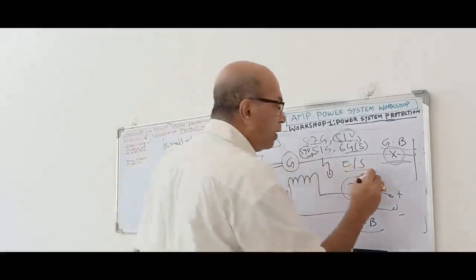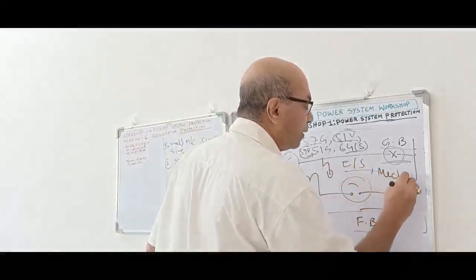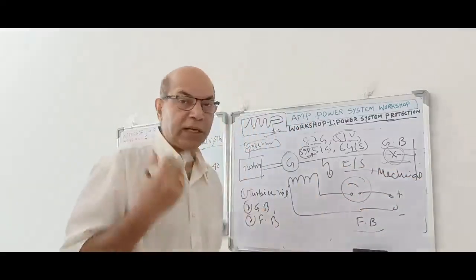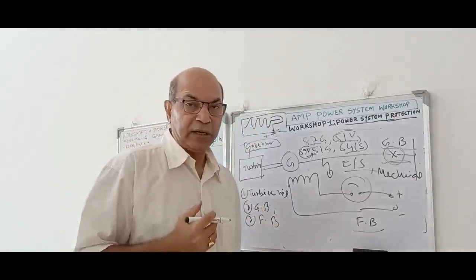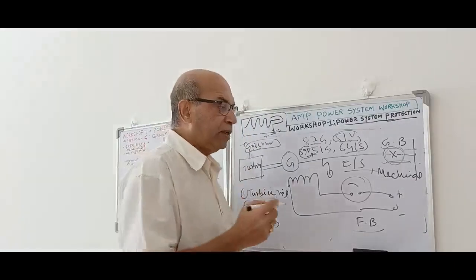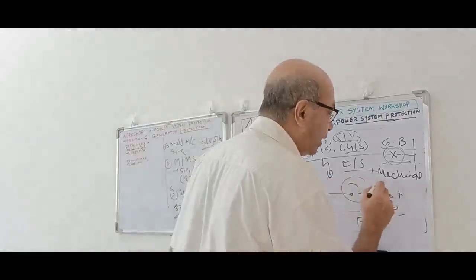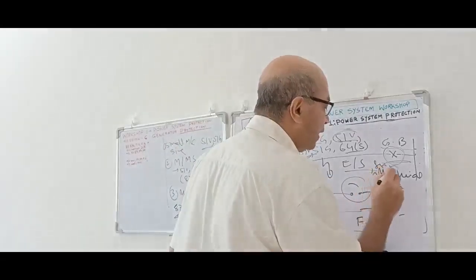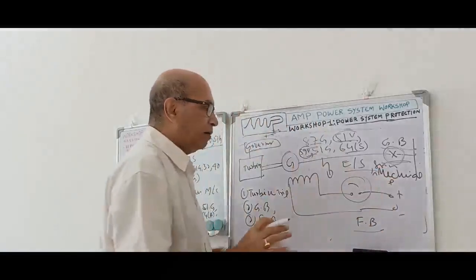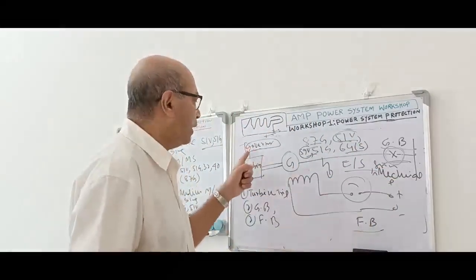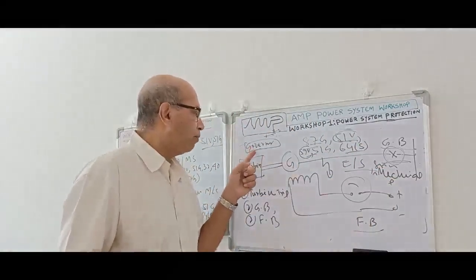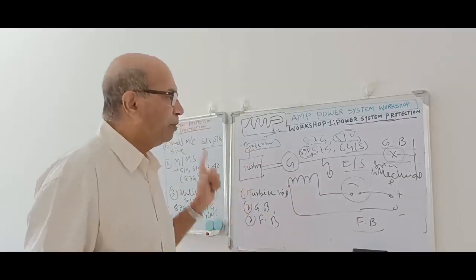In addition to this mechanical problem, suppose we see the fuel pump is leaking, or there is a leak in some gas line, or there is a fire and gas system alarm. If there is a serious mechanical problem, in that case the generator breaker, the field breaker, and the governor or the fuel valve are to be closed immediately. So these 3 will be tripped.